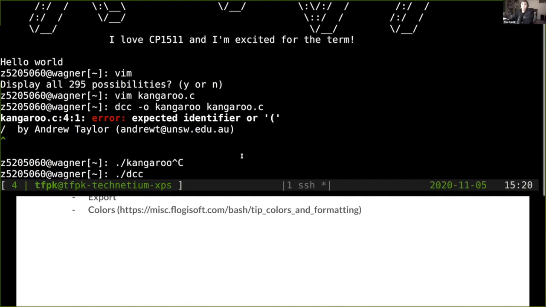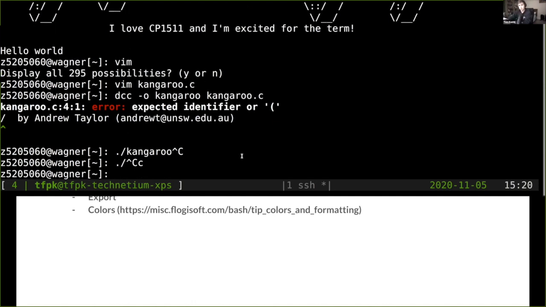The answer is not because dcc is some magical special thing. It's just because dcc is stored in a special folder, a folder that we've told our computer, if I type in the word dcc, go and look here to find out where the program is. The handy thing is that you can influence which folders are special like that. So if I go into my bashrc,